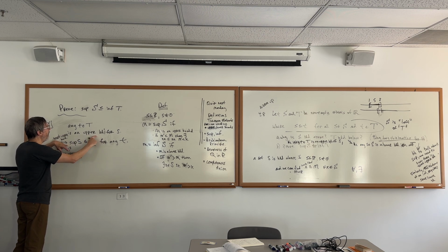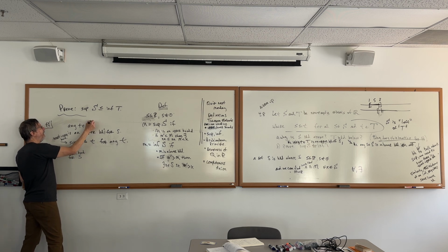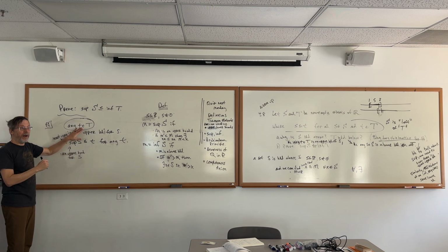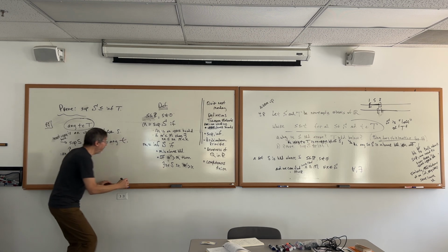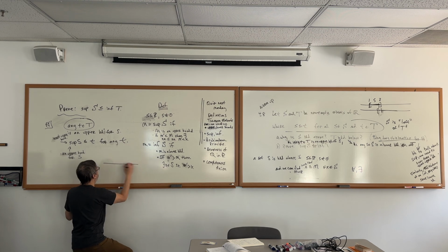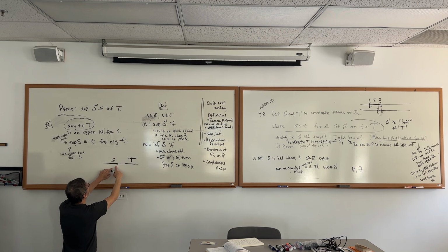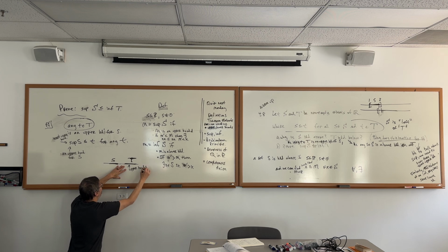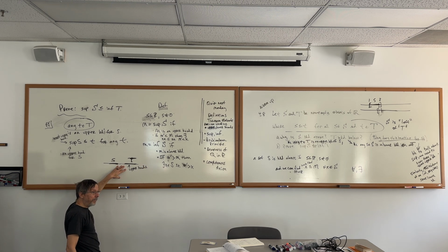These are all, everything in T is already an upper bound for S. So since this is a collection, you can think of this as a collection of upper bounds. It's not all the upper bounds necessarily, right? Because we have this picture here. So here's S, here's T. We know that everything in T is bigger than or equal to everything in here. So these are all upper bounds. Every single one of them is an upper bound.